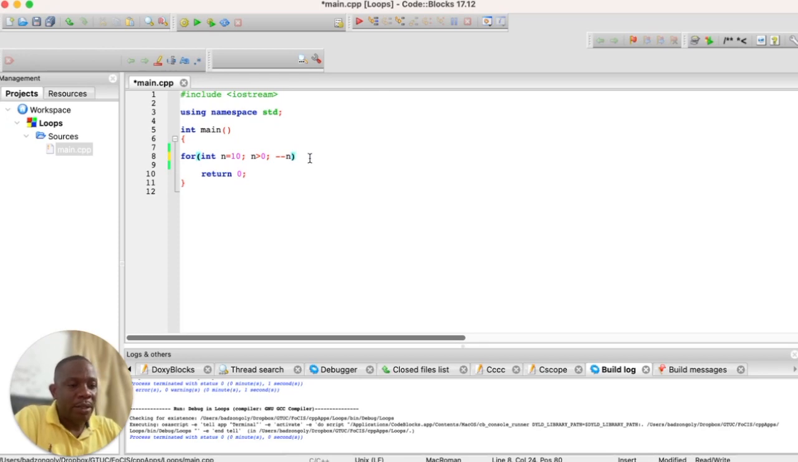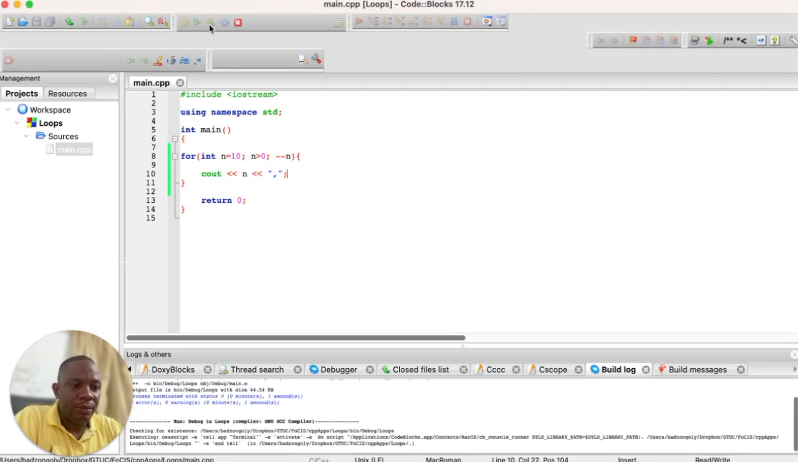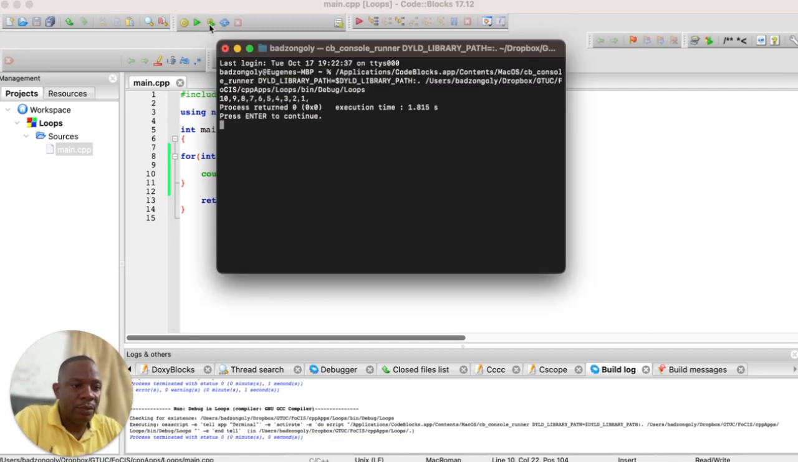And then once that happens, what is the action that we want to happen? The action we want to happen is that we want to output the value of n, right? We want to output the value of n and then followed by a comma. So let's run this and see what we get. So you see that we are getting similar results to what we had when we used the while and then